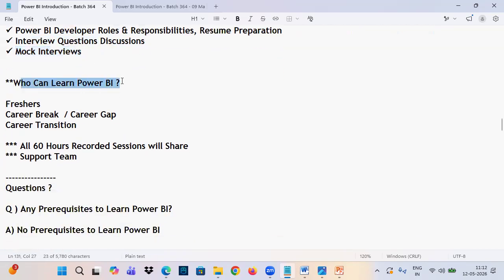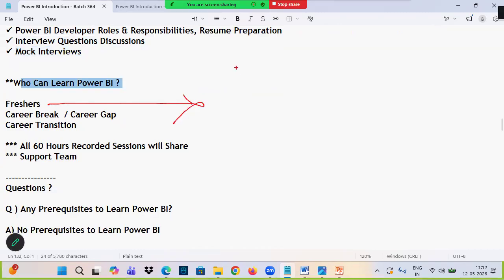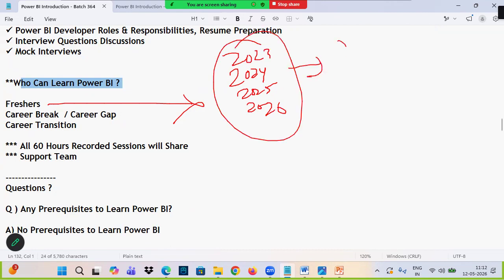So, who can learn Power BI? Freshers have job opportunities on Power BI. Freshers means you completed your education in 2024 or 2025 or 2026 or 2023. They might be considered as